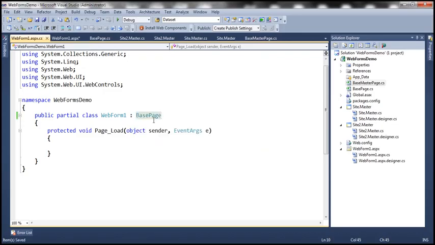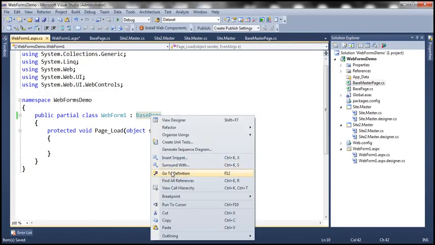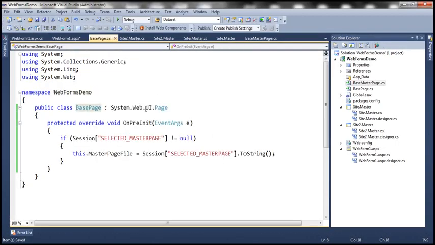So if you look at this BasePage class, this class is inheriting from System.Web.UI.Page, and in this base page we have overridden the PreInit event. Within the PreInit event, we are setting the master page file here dynamically with whatever value that we have stored in the session variable. Okay,